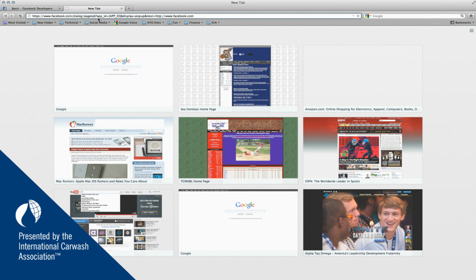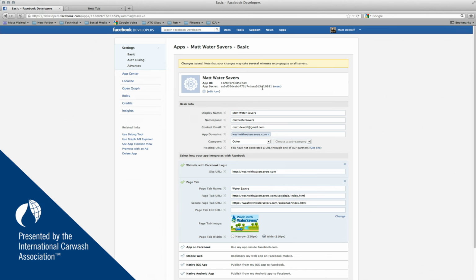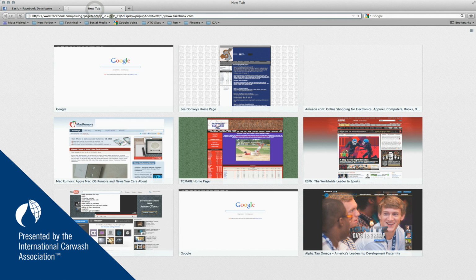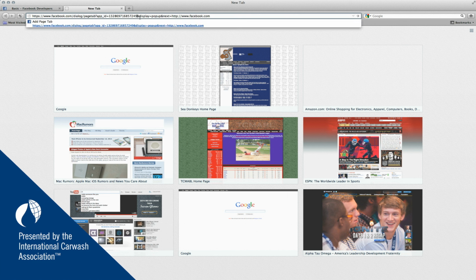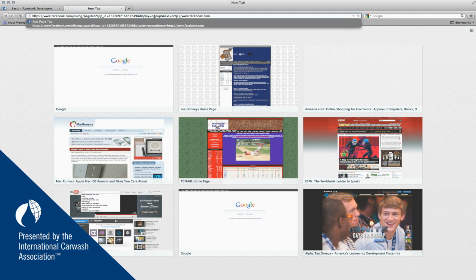https://www.facebook.com/dialog/pagetab?app_id= and here's where the real important piece of this puzzle is, this app ID field. So let's come back to our Facebook developers application page, and we're going to find our application ID, which is right here at the top. So we're going to select that, we're going to copy it, we're going to come back to the tab we were in, and then we're going to select from the bracket to the bracket, inclusive of the bracket, paste in that number, and then after that number it should say &display=popup&next=